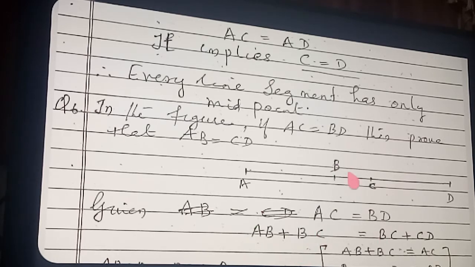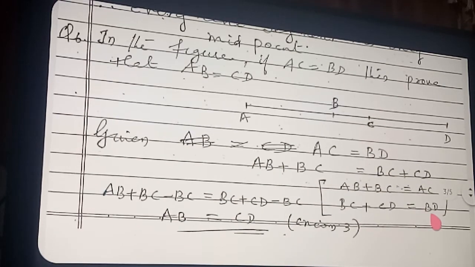Yes. Now, in the same way, can you split BD? BD, you see from where to where it is coming? From B to D. Therefore, BC plus CD. Understood? Okay. So BC plus CD, what can you say? Coincident terms. See here, BC plus CD is the same as BD. They are also the same. So what is written? AB plus BC is equal to BC plus CD. Okay, are you following well now? Now, what is your question? You want to prove that AB and CD are equal. We need only AB and CD.